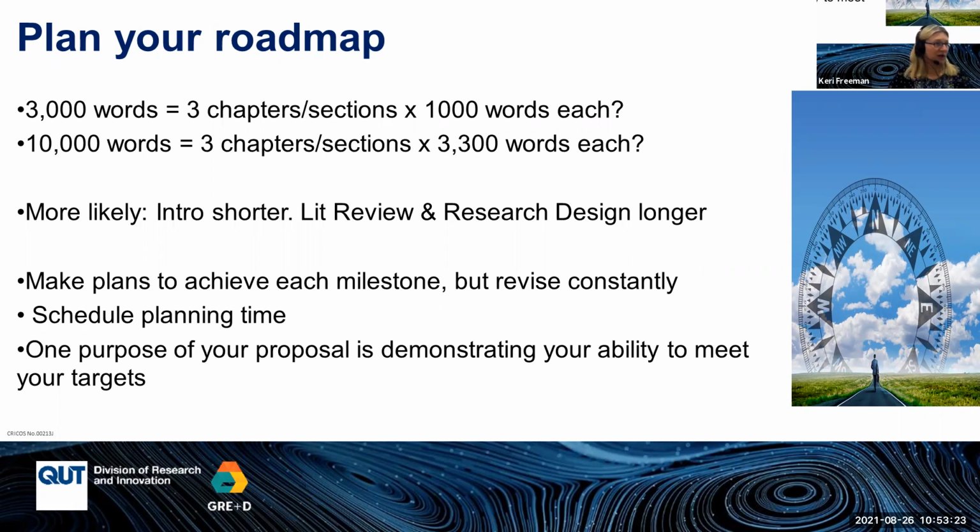So someone's asked in the chat, if we're doing thesis by publication, should the methods be set out per publication or from a broader perspective? So each publication would need its own methods, but perhaps in those publications, you might be saying that this is part of a broader research project. But in your final thesis, you would still have a methods section or chapter, which talks about the overall research design. And then within that, what you did for each of your papers.